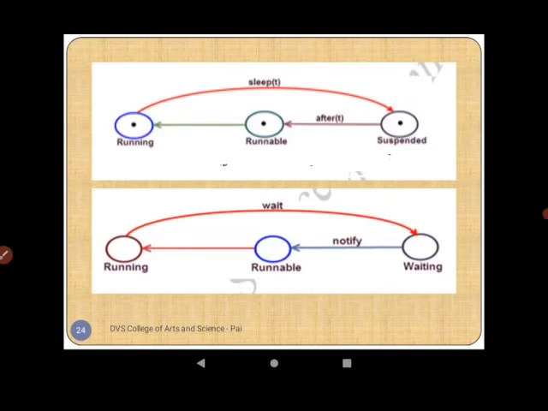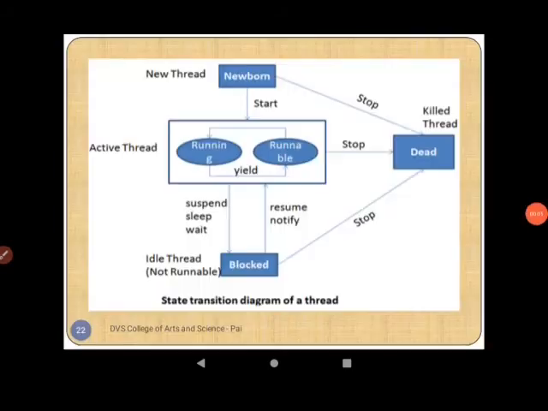We can put a thread to sleep for a specified time period using the sleep method, where time is in milliseconds. The thread re-enters the runnable state as soon as this time period has elapsed. Third situation, it has been told to wait until some event occurs. This is done by using the wait method. The thread can be scheduled to run again using the notify method as shown in the diagram.